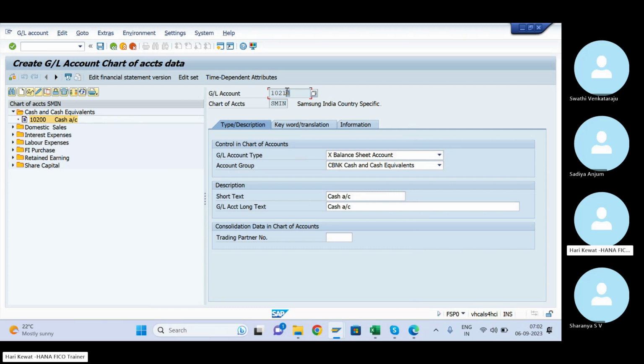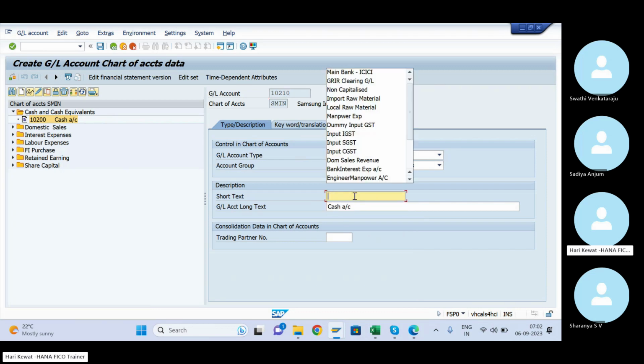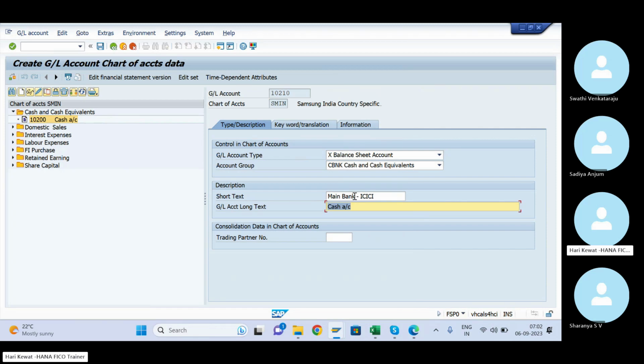It has logic, later you'll understand. Make sure that the main bank's last digit is 0. That is very, very important. Later you'll understand there is some logic during the reconciliation time. Therefore, the main bank's last digit should be 0. You give the numbering in such a way that this becomes 0. Therefore I am selecting here.